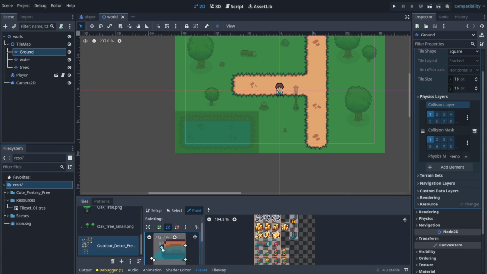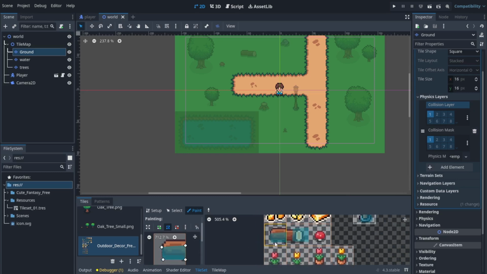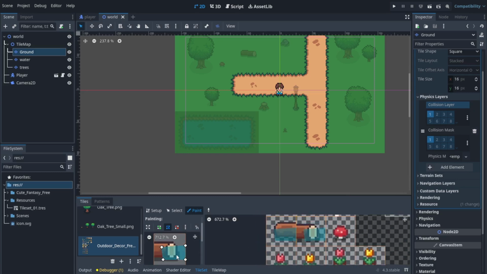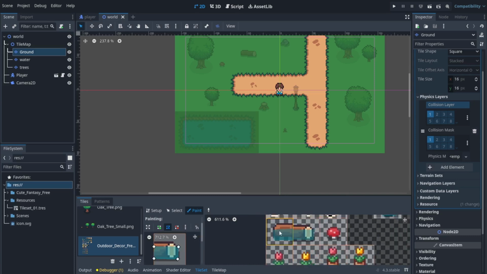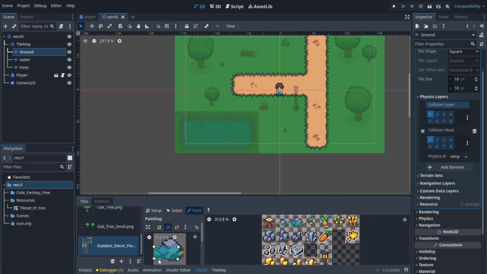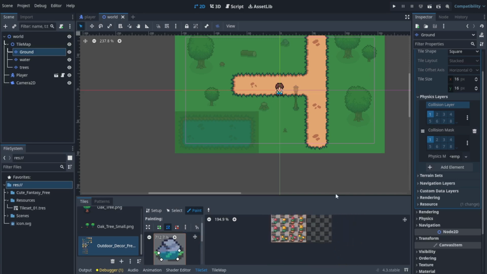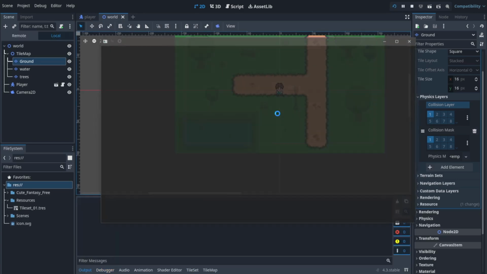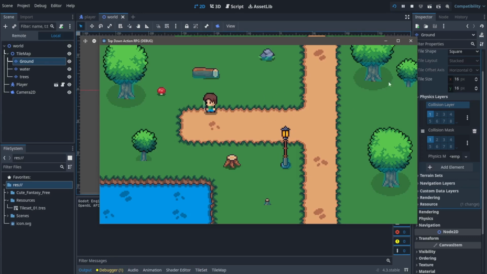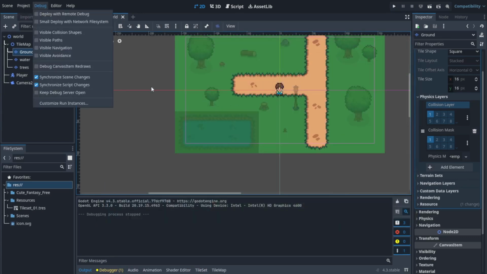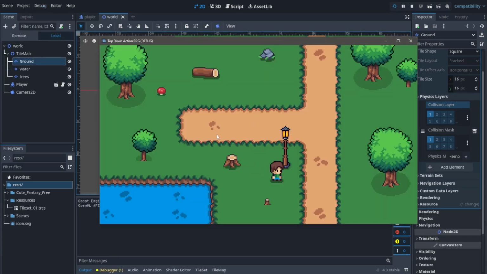As you can see, I actually made the shape and forgot to assign it, and now I'll have to make it again. As I said, it's quite annoying. I'm leaving a little bit of area above so the player can go behind the log. Same for this guy, and yes, collisions for everything here. You can turn off visual collision shapes to visualize it a bit more, and as you can see